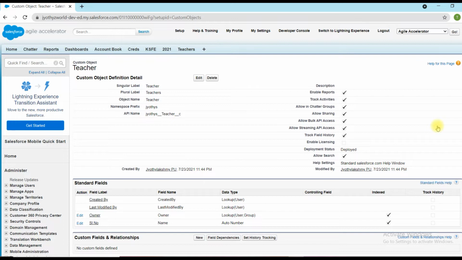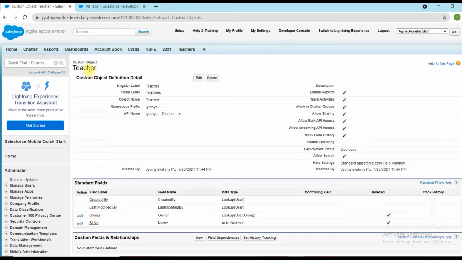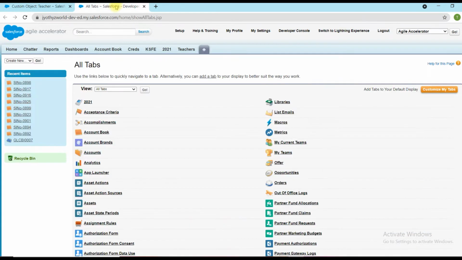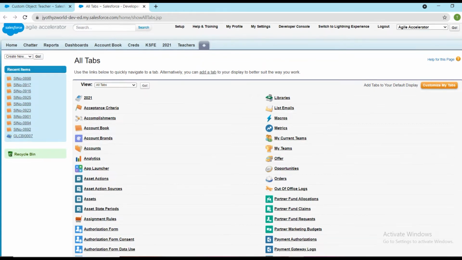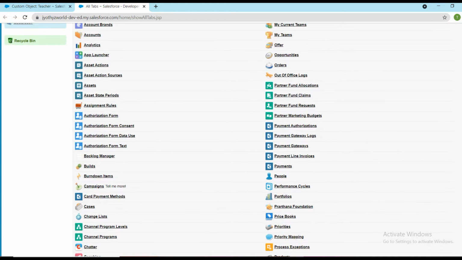Standard objects are the objects provided by Salesforce. I will show some examples. I'm opening here, showing the custom object. We have created one custom object named Teacher, and I will show some standard objects. Account, Contact, all those are standard objects.